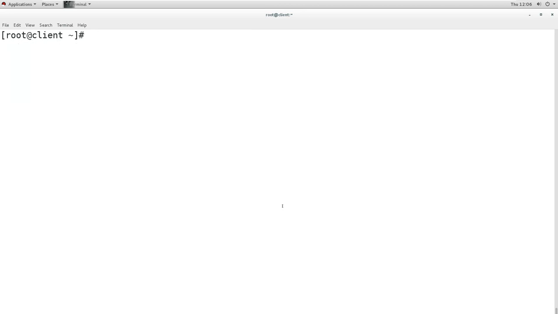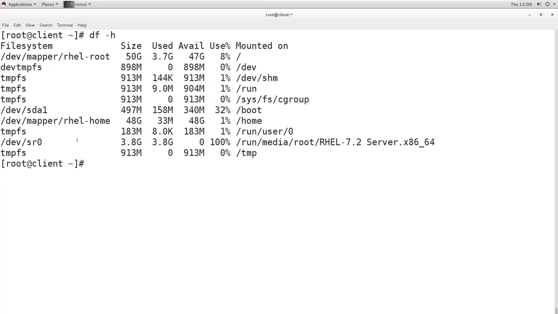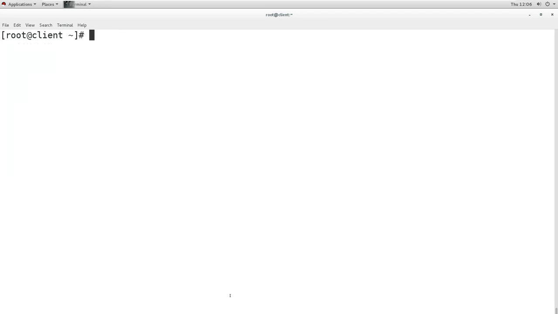Now we will check, do we have any NFS mount? So we don't have any NFS mount till now. Now I will try to access the directory. I will try to access the local NFS work directory. So let's do the ls. Let's try to list.